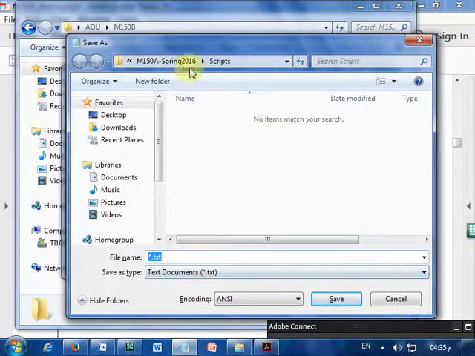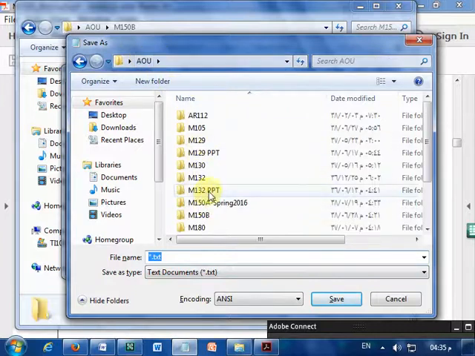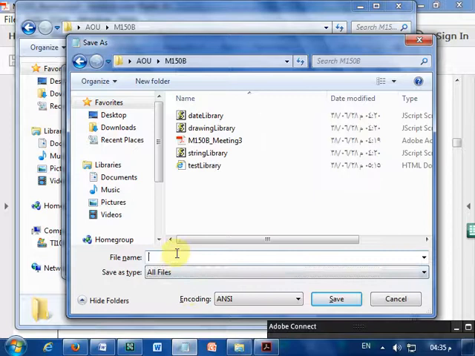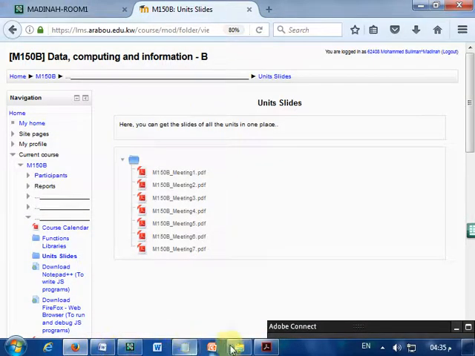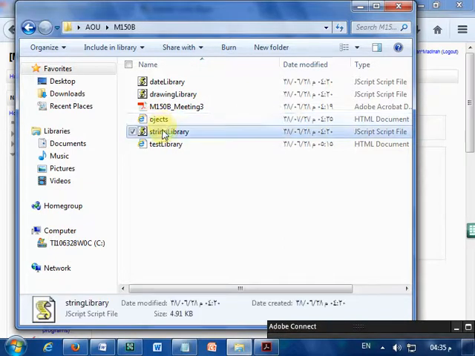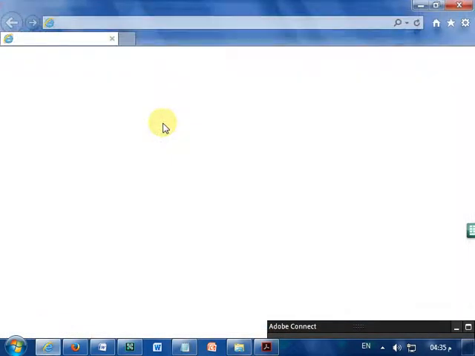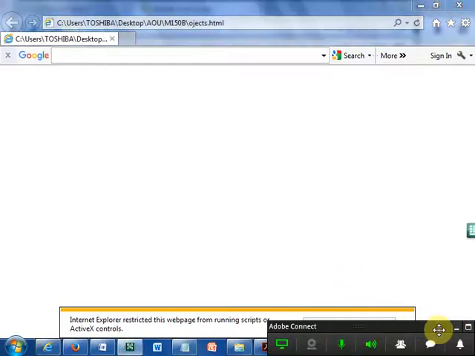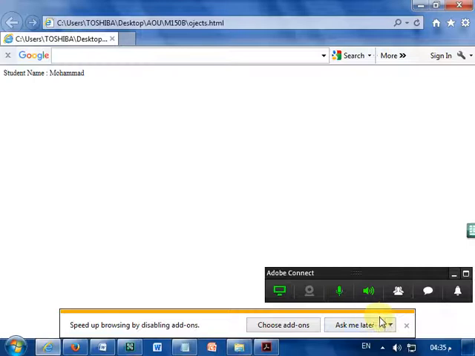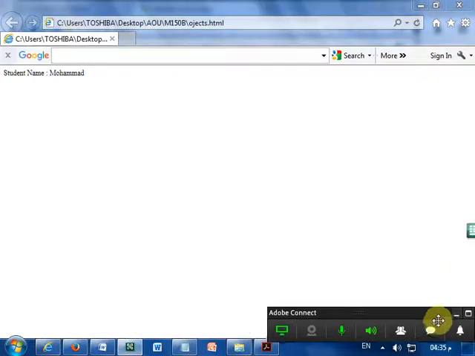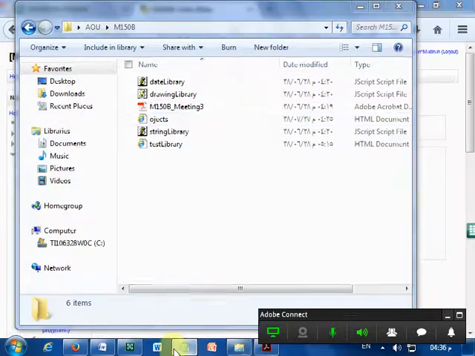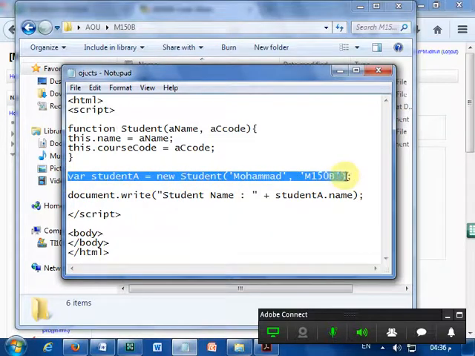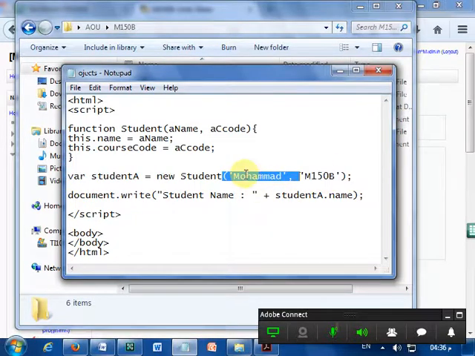This is without header. Objects.html. Now let us execute that function, objects.html. Yeah, this one. So what you got? The student name Muhammad. So how is it done? It's very clear that this will create an object, and for the studentA it will set the name and